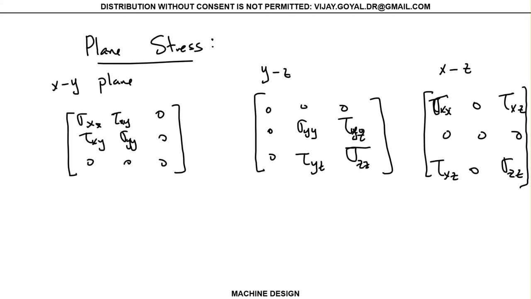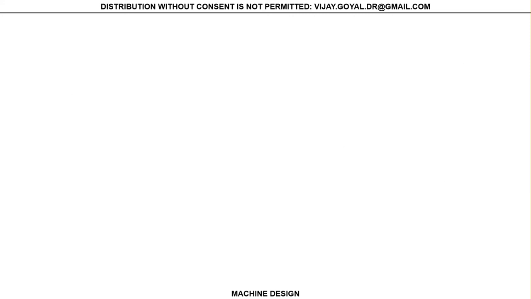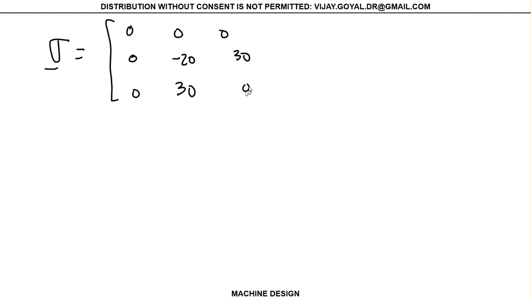In this particular example that we're going to do, the stress is confined to the YZ plane, and your state of stress has the following values. It is 0, 0, 0, 0, 0, minus 20, 30, 30, 0, KSI. Okay, so